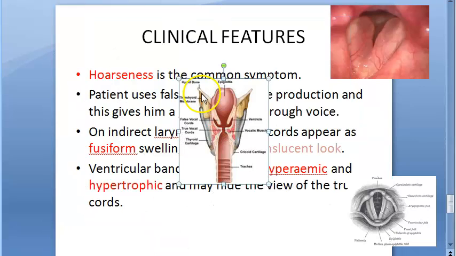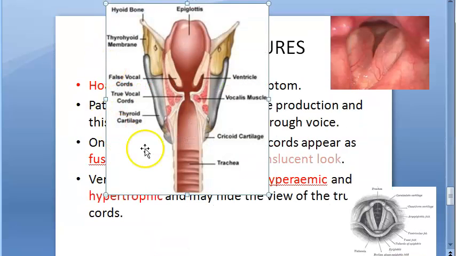Okay. So, let us look at another terminology here. They said the person will use his false vocal cords, right? So, basically this is posterior view, guys. That guy's face is that side. So, from behind you are looking at his vocal cords. So, this is the vocal cord, right? That is the cross section we saw in all the diagrams. So, above this true vocal cord, there is something called a false vocal cord. So, that guy is trying to use these. Okay. So, that he'll get a low-pitched voice.